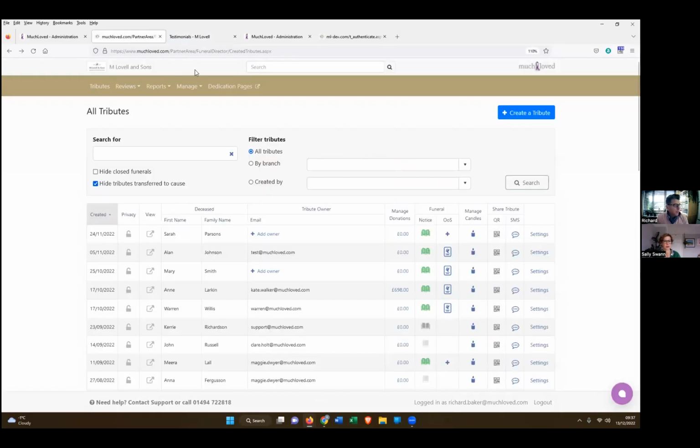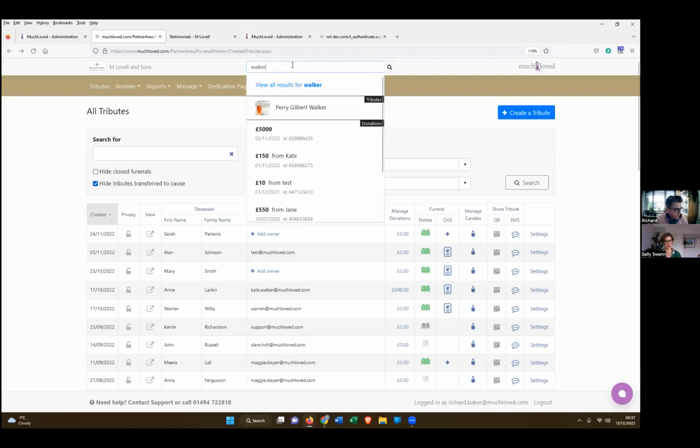Sally mentioned as well about the new search functionality. So you've all now got access to this search box at the top of your partner area, and it just enables you to search for anything within your partner area. I'm actually just going to do a search on the surname Walker, because I know there's a tribute page in there for Walker. So it automatically finds that tribute, but also any donations that have been made by anyone